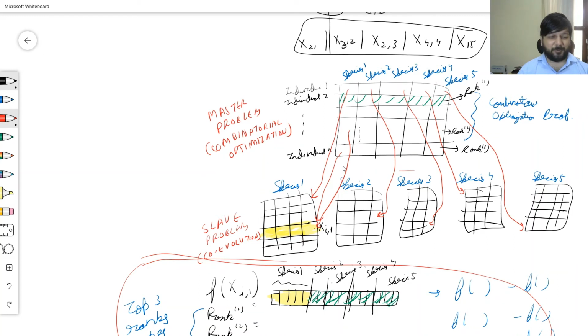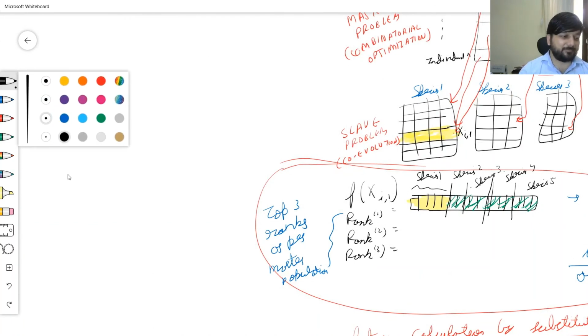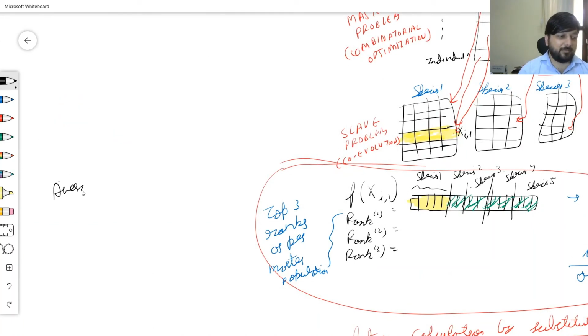So this individual is a part of this species, this ecosystem and this ecosystem. So you calculate the average fitness of the top K ecosystem population or master population